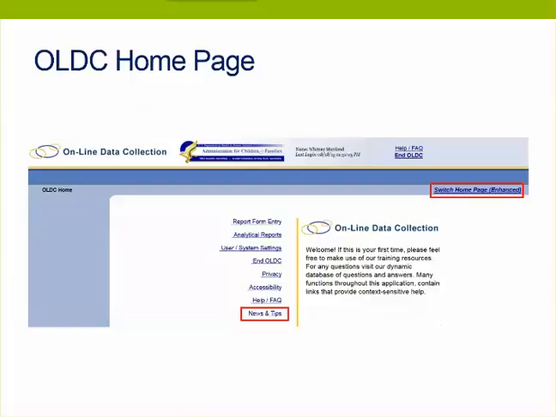So once you have logged into OLDC, the home page will pop up in a new window. This page should look familiar to you. Logging in has changed, but the home page has not. But you may remember that in the summer of 2015, some new enhancements were launched by OLDC, including a new